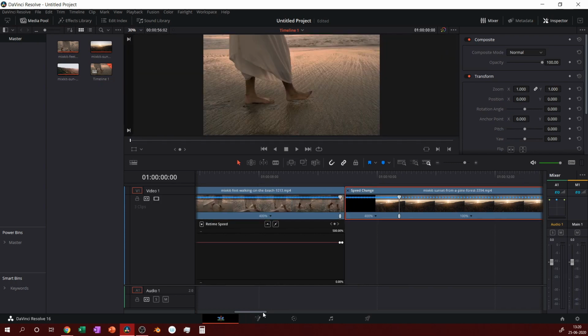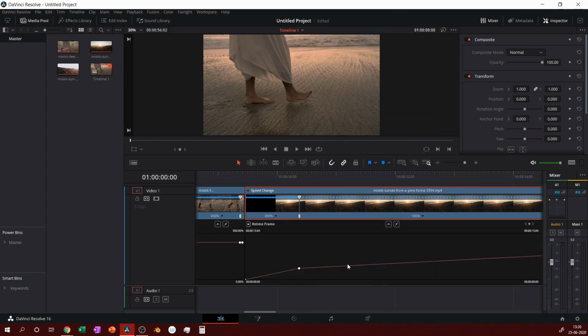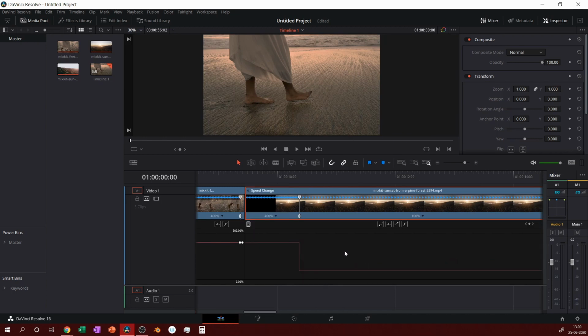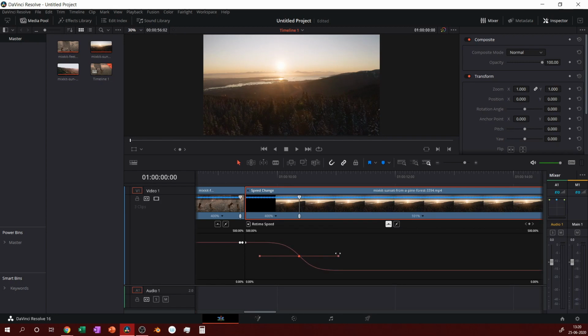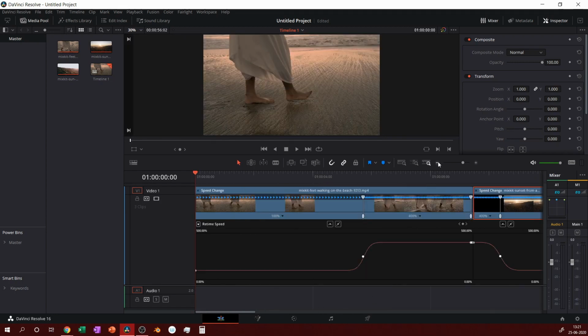Now I'll enable retime curve for this clip as well and change it to retime speed. Click this and make it curve and smooth out the curve. Right, let's zoom out a bit. Alright, this seems fine.